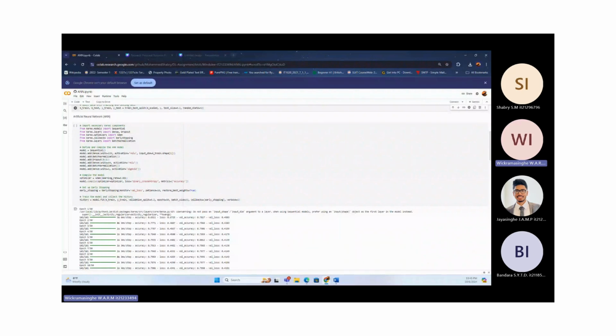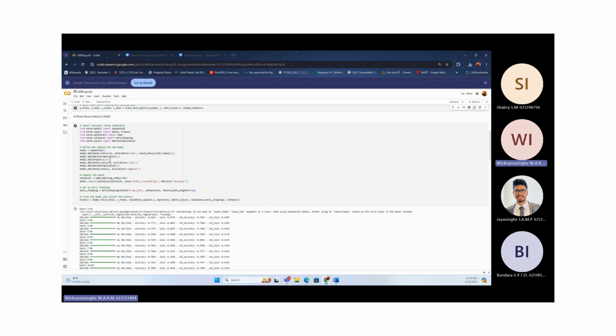First, I will be discussing the ANN architecture deep model. This includes four main layers: an input layer, two hidden layers with 64 and 32 neurons, and an output layer.